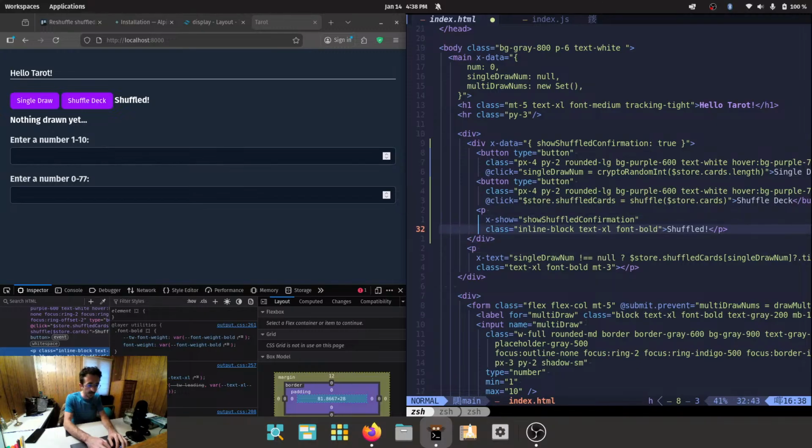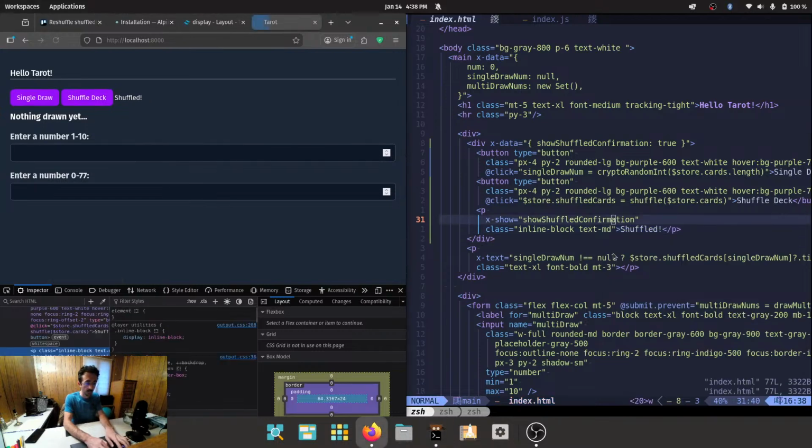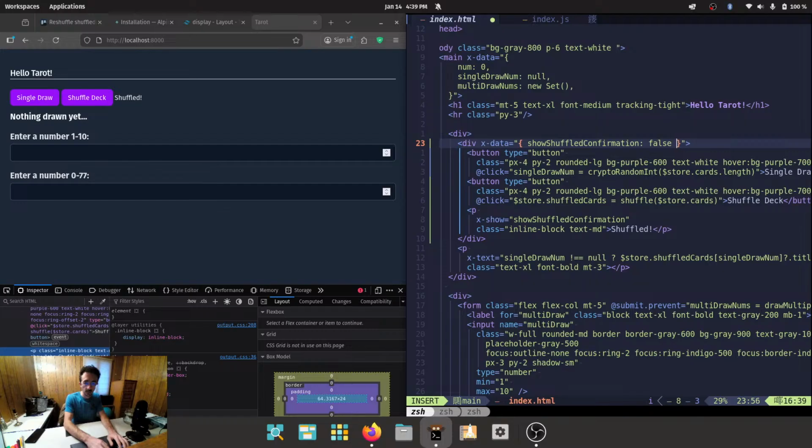Also, I don't think I necessarily want it to be bold. Let's do like text-medium and get rid of this boldness. Yeah, there we go. Shuffled. Just a simple little confirmation is all we want. All right, so we gotta put this back to false by default, and then all we need to do is when this button is clicked,